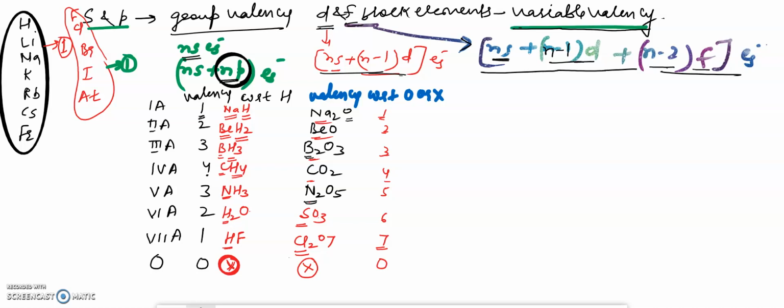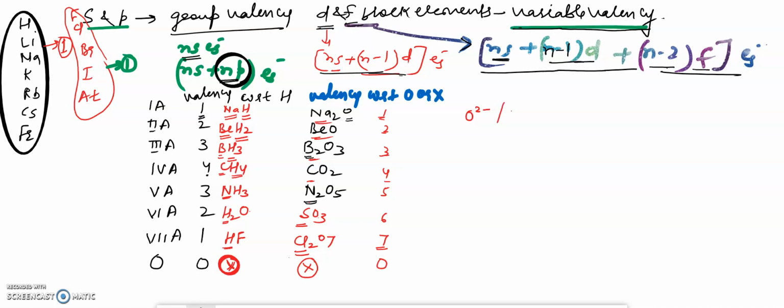Elements in their free, elemental state will always show 0 oxidation state. And in compounds and molecules also, the total net oxidation number will always be equal to 0. Now we will take some specific examples. Oxygen: this is oxide. This oxide has oxidation number 2 minus, charge 2 minus.